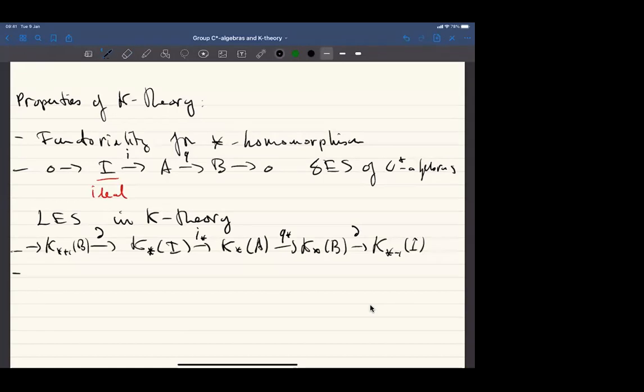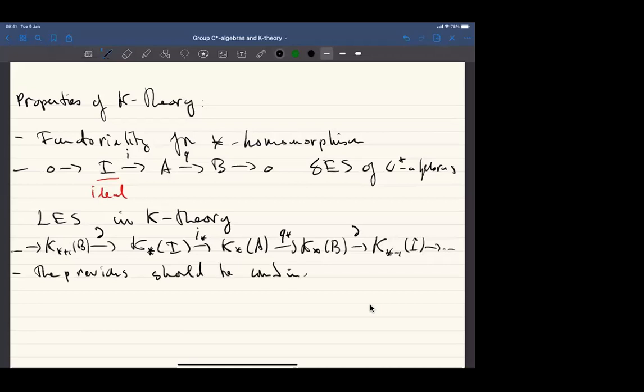So this sequence a priori is a long sequence, like it will go on forever, even though I have not defined the groups beyond K1, but the previous result should be